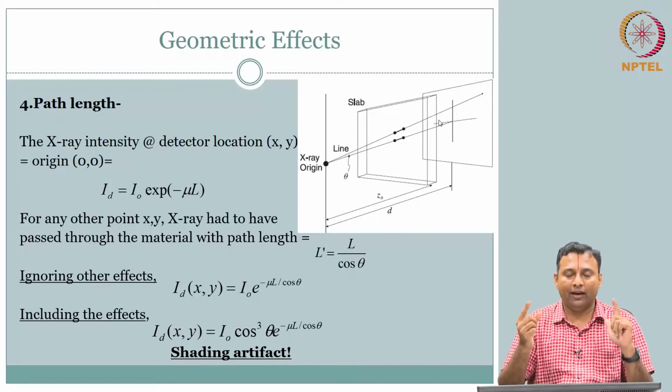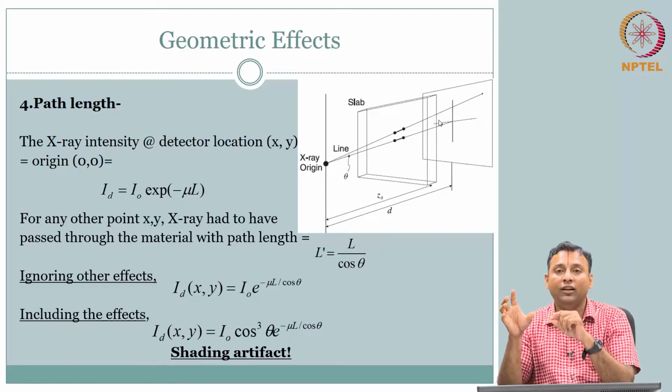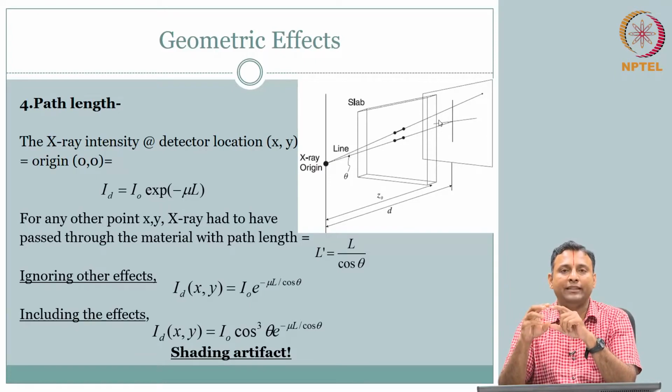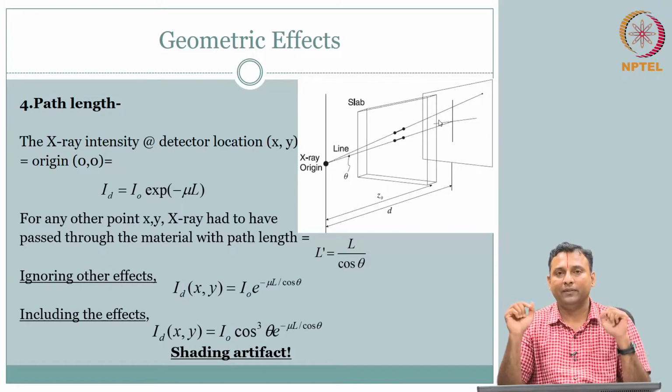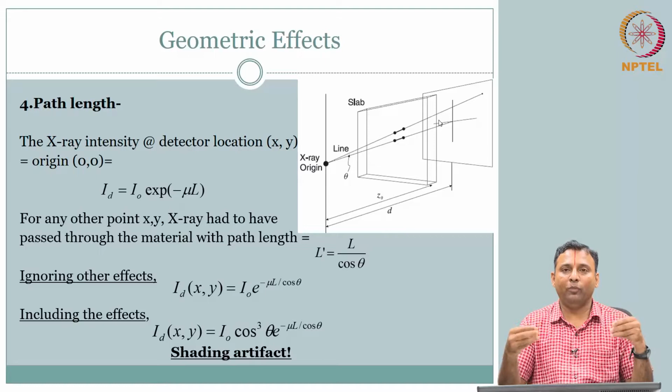Are you going to interpret whether that bone is actually having this variation in the material property, or is the bone supposed to be homogeneous, the material property the same, and it is only the artifact, right? So this is very tricky. This is where the domain expertise comes in.